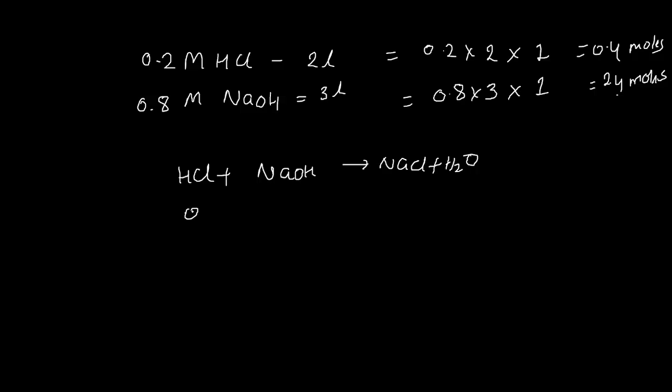The example I have given is going to be 0, and because OH is very high, 0.8 moles, 0.4 of this will react with this. The numbers I have taken are very wrong,